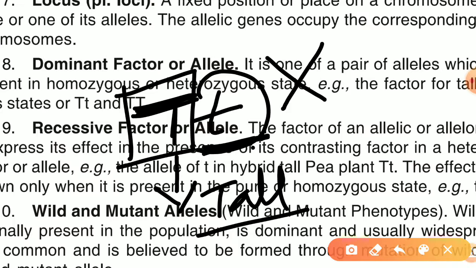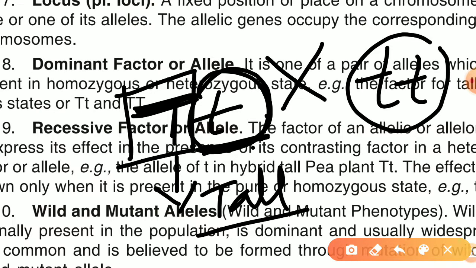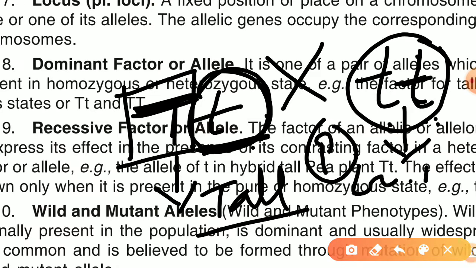ठीक है. Now इसका मतलब क्या ये है कि क्या रिसेसिव जीन कभी भी एक्सप्रेस नहीं करता? नो, रिसेसिव जीन एक्सप्रेस करता है जब दोनों ही जीन्स रिसेसिव हों. अब इस कंडीशन में अगर किसी ऑर्गेनिज्म में इस तरह के जीन्स हैं तो इसमें कोई भी जीन डोमिनेंट नहीं है, दोनों ही रिसेसिव हैं, तो दोनों रिसेसिव जीन अपने आप को एक्सप्रेस करेंगे, और इनकी वजह से जब वो एक्सप्रेस करेंगे they will make a particular type of protein. तो वो जो प्रोटीन बनाते हैं दैट इज लेस सिक्रीशन ऑफ ग्रोथ हार्मोन, ये ग्रोथ फैक्टर लेस बनेंगे जिससे ग्रोथ कम होगी, and the person will remain dwarf in height. So that is called a recessive gene.